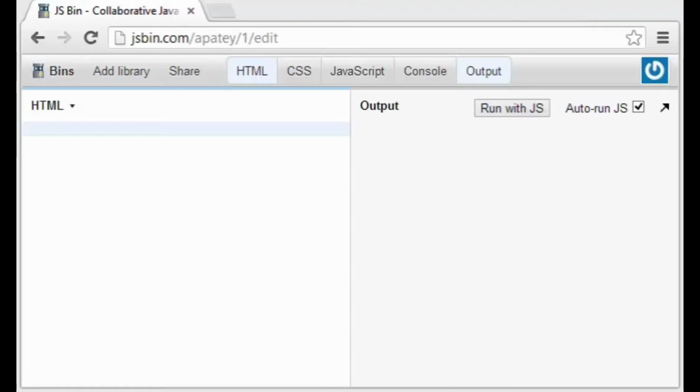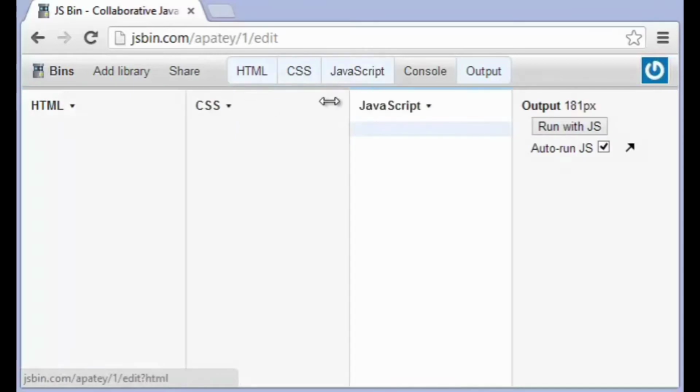Welcome back, everyone. All right, so let's go ahead and make some HTML from scratch here. Now, you probably have something, if you've just come to JSBin, in the HTML, CSS, and JavaScript. I just want you to highlight everything and delete that. The reason is that we're going to start everything